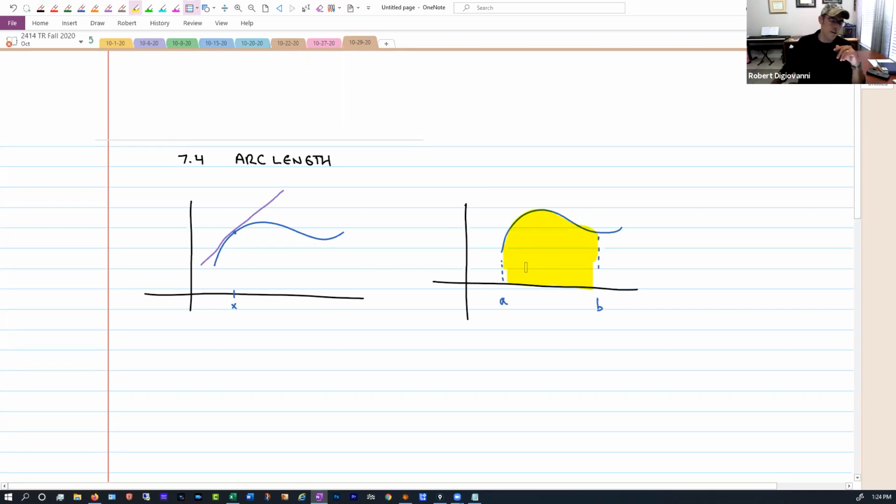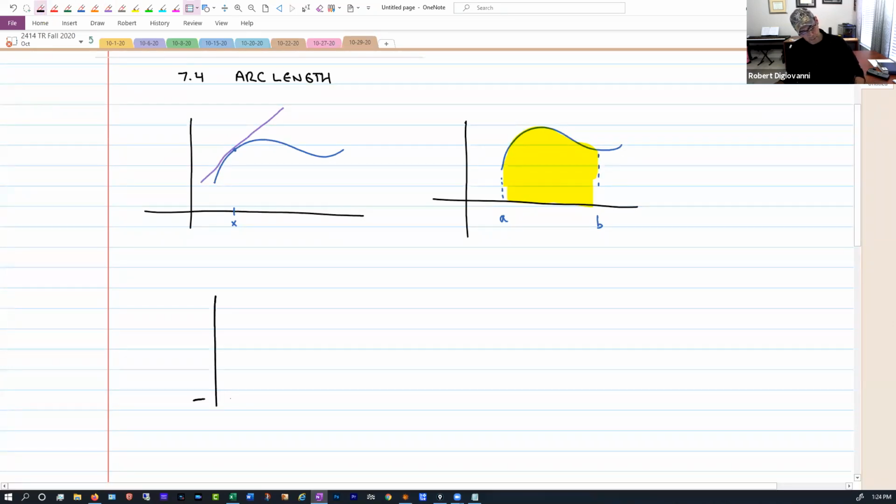But one thing we have never asked is, if we take a curve and let's say we start it at some point and end it at some point, A and B here, we've never said, like, if I like to think about it like,